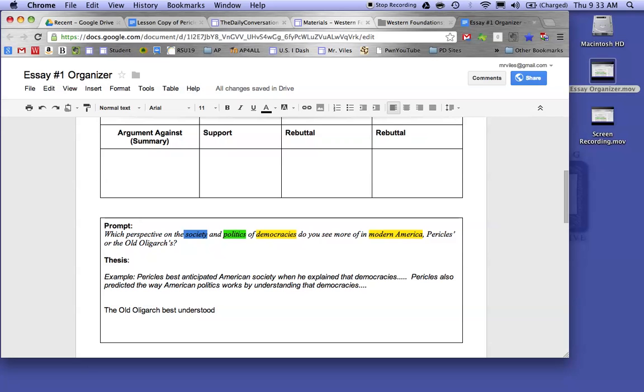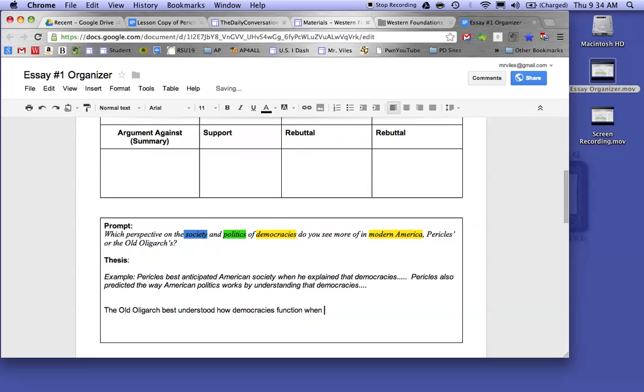Best oligarch, best understood how democracies function. Now, I have clearly stated who I'm with, but now I need to start talking about my two themes, society and politics. Those are the two ways in which the old oligarch was accurate in this case. So we say the old oligarch best understood how democracies function